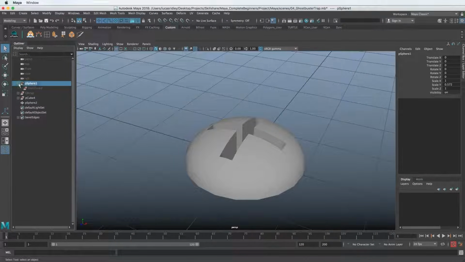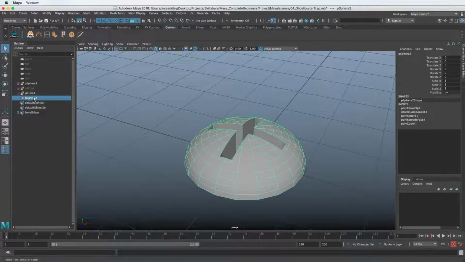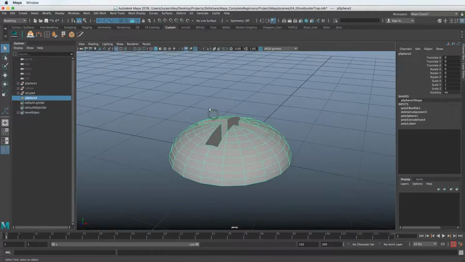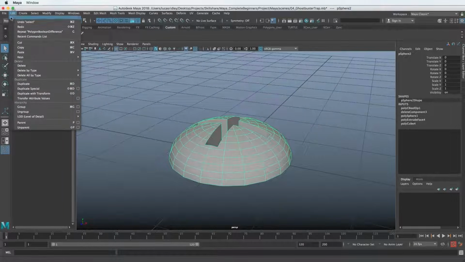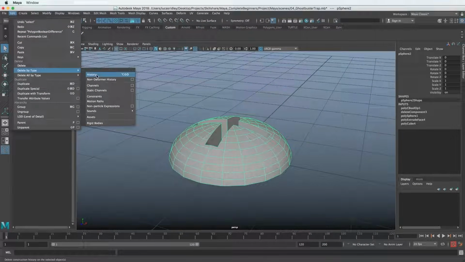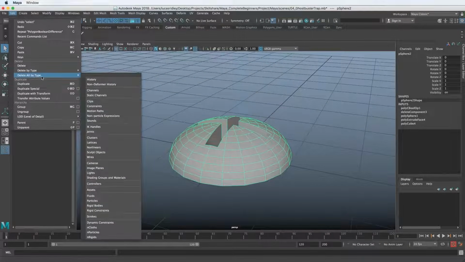And those are quite useless and can actually be harmful in the future. So when you do a Boolean and you know you're done using it, it's good to go ahead and clean up that piece of geometry and delete the history. So go to Edit, Delete by Type, and History. You want to make sure you do not do Delete All by Type. When it says Delete All, it means everything in your scene, not just what you have selected.